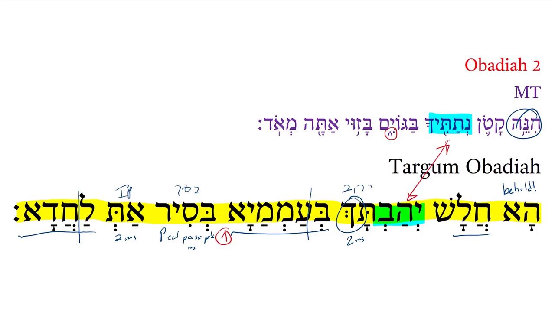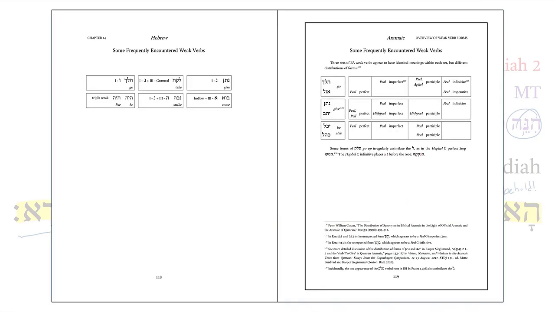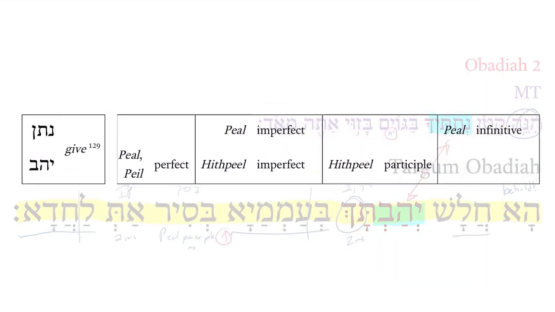Targum Obadiah, Obadiah 2, the second part. As discussed in this video, I want to talk about the relationship between Hebrew, Nun Tav Nun, and Aramaic Yod He Beit. Now in Biblical Aramaic for Biblical Interpreters, this is treated on page 119, where there is this chart